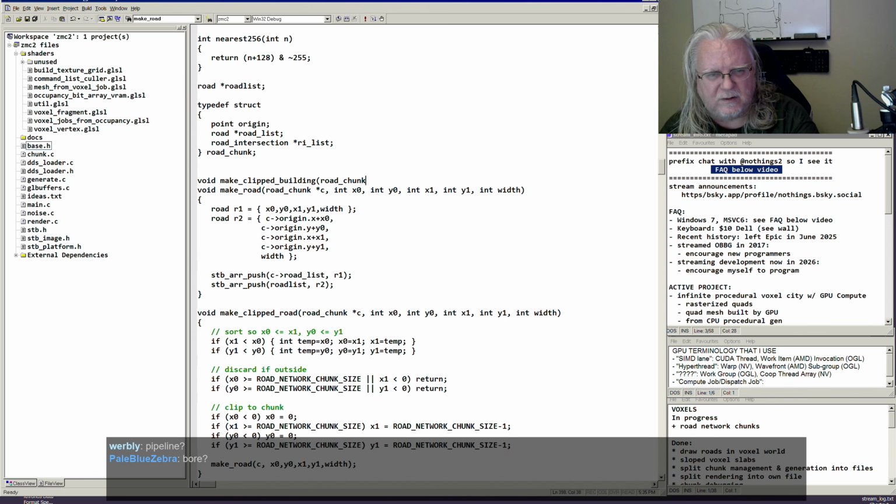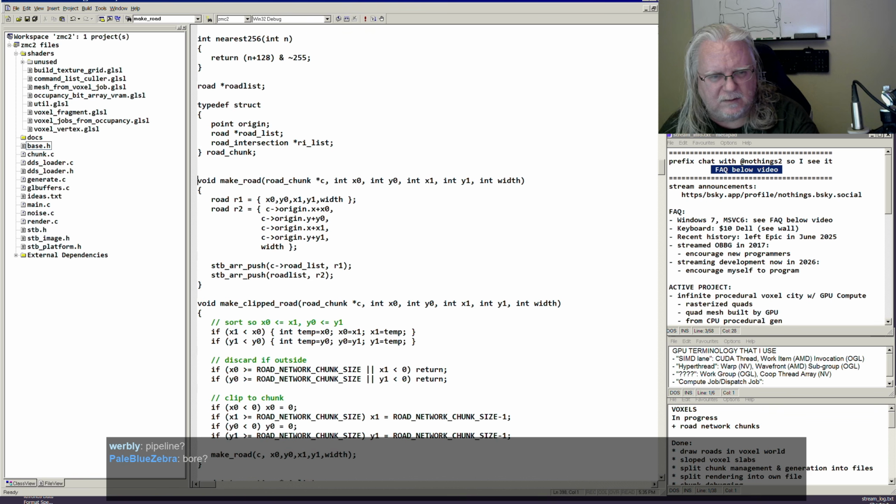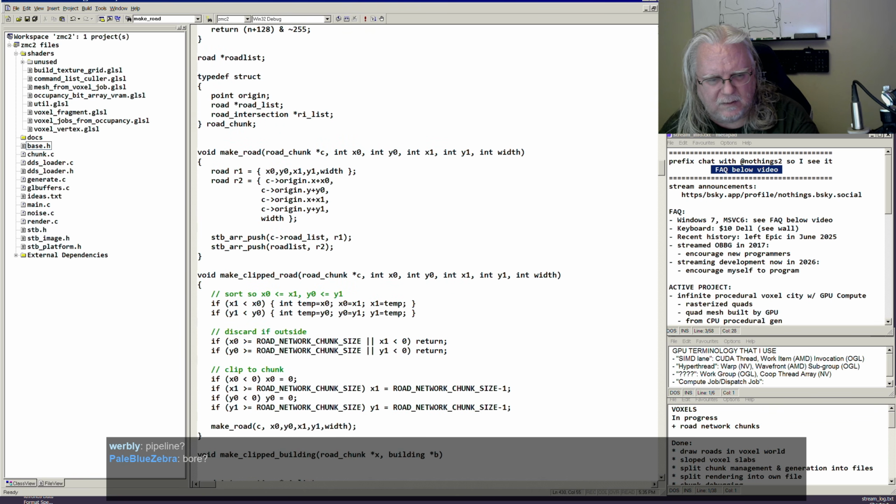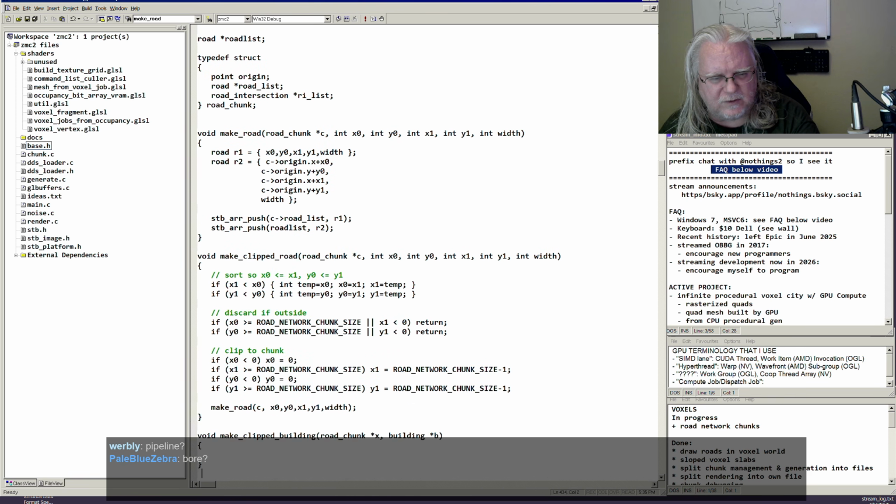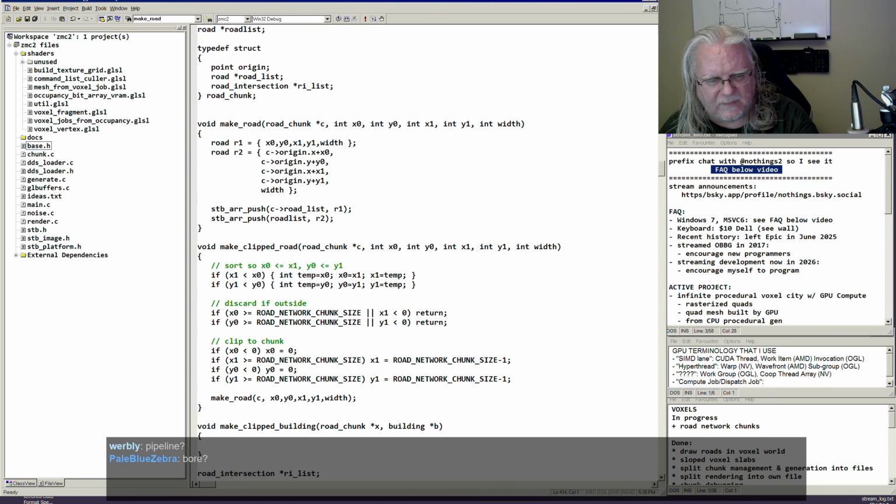Road chunk C, building B. And if this building falls within this chunk, so